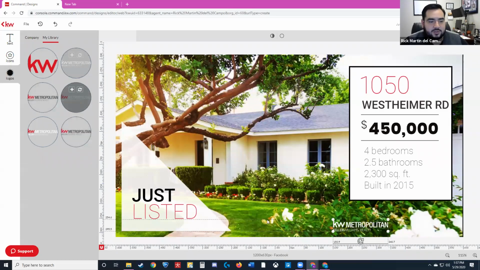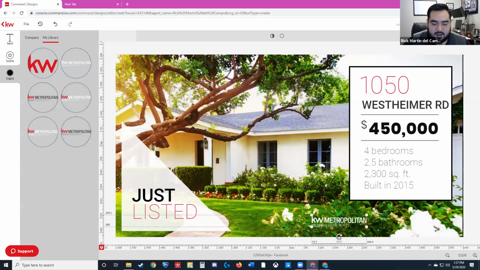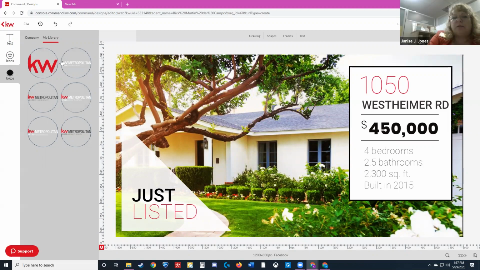So this is where your logos are going to be. For some offices, I would just say, talk to your compliance director. I know TREC requirements do ask that we all, and Deborah, let me know if this is different for your office. But I know that the DBA logo, which is the KW Woodlands logo, does have to be on all your marketing. That is correct. Okay, thank you.